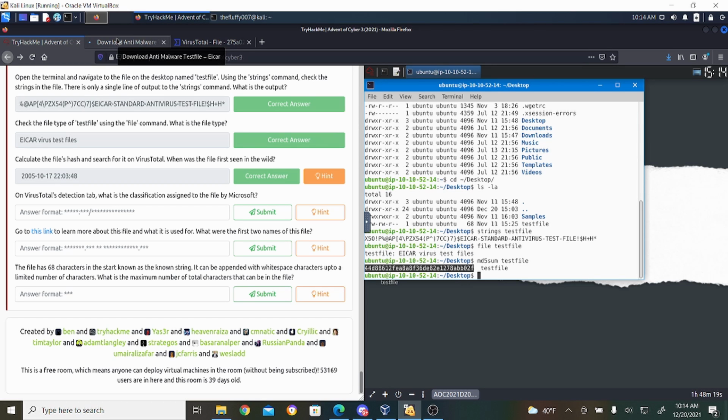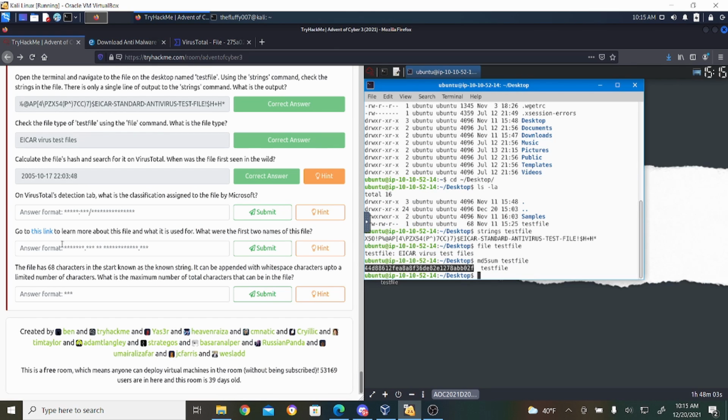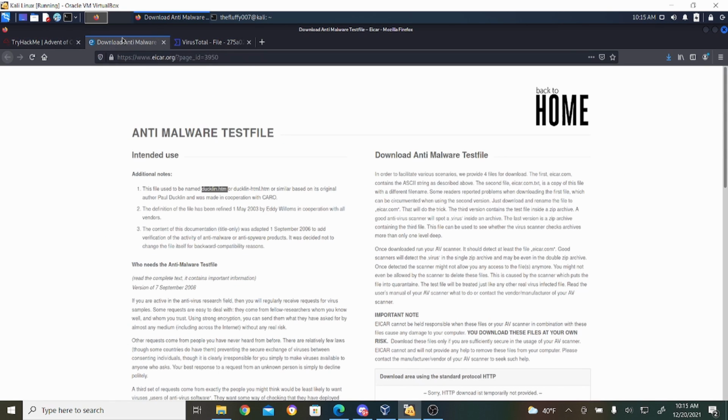Go to this link to learn more about this file and what it's used for. What were the first two names of this file? Ducklin.htm, or